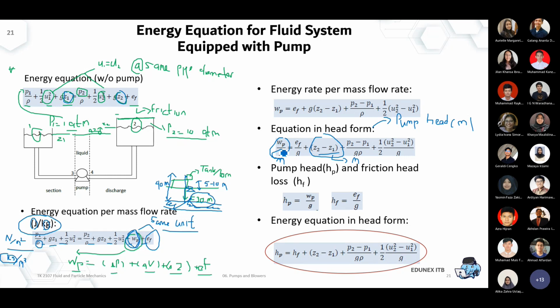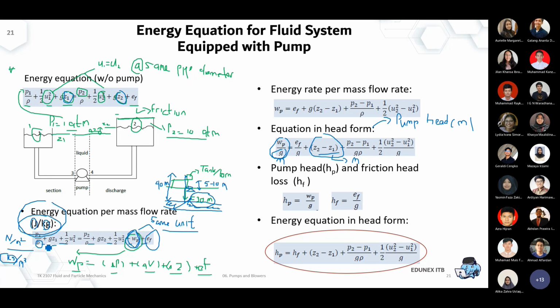I need to calculate everything in meter, so I have to use the head form. Make sure everything is in meter. Now what I know is the joule per kilogram of the pump, that means now I need to use everything in joule per kilogram. So be careful. It looks simple, or sometimes it looks overwhelming if you don't really understand the difference. But again, it's an equation, that means the units must be equal.